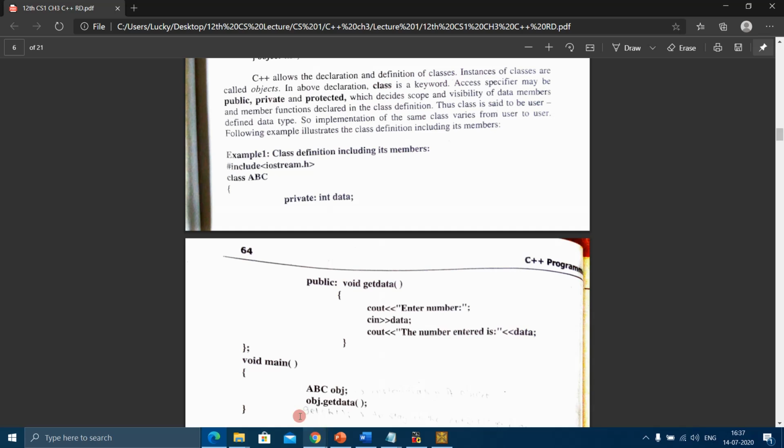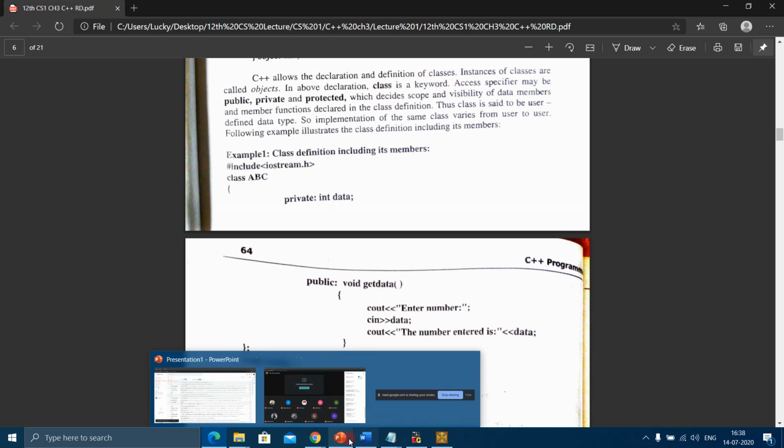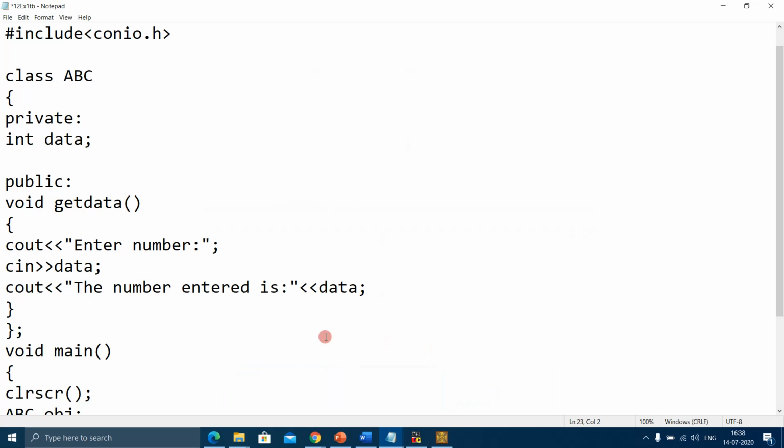So for today we will do it up till here only, and in the next lecture we will continue this code.